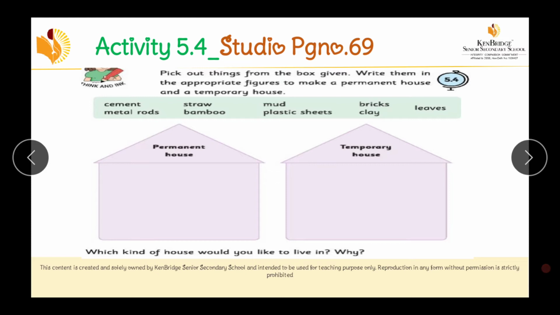See, for me, I love to live in a house made of mud. I love to live in a mud house because it is very small and very cute, and I love to live in a village. In a village there are many temporary houses, yes, mud houses. Nearby some small plants will be there. Then the goats, the chickens, the hens, cocks, everyone will move here and there, and that is a happy life. So I love to live in a mud house, and the freshness of the air will also be nice, and a small house is always cute.